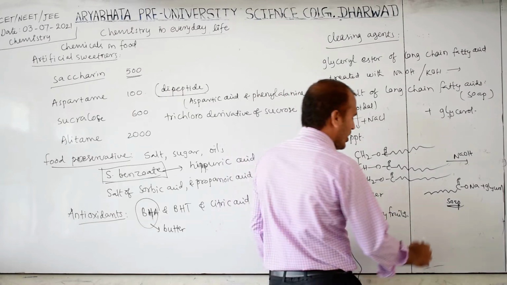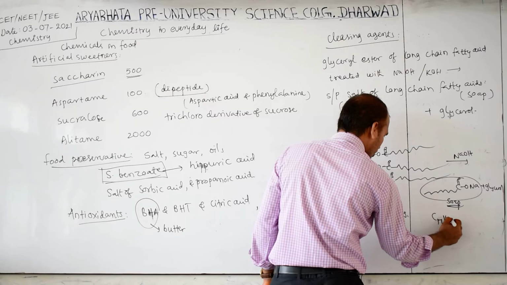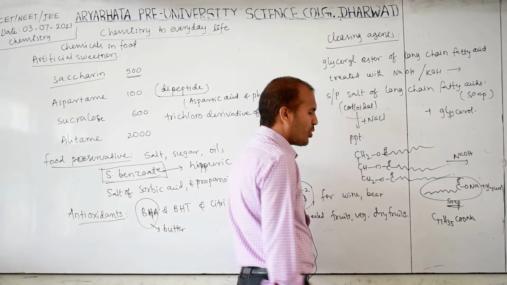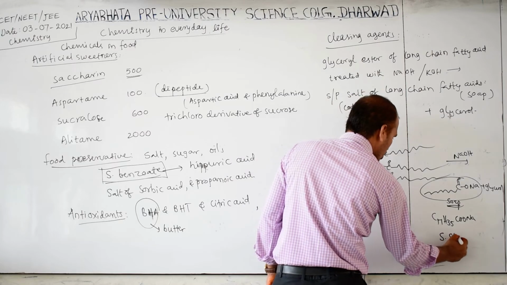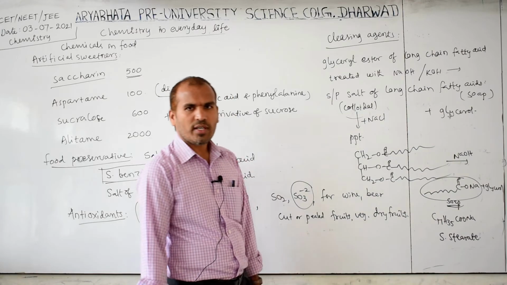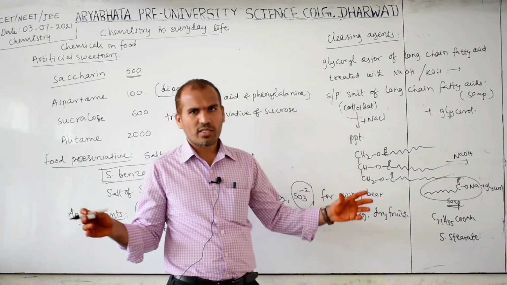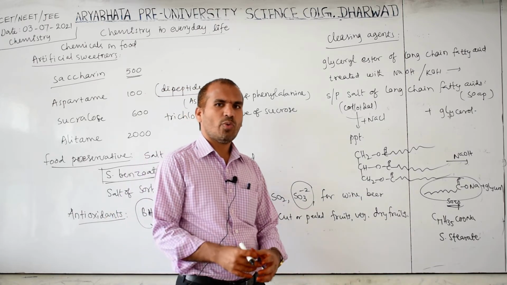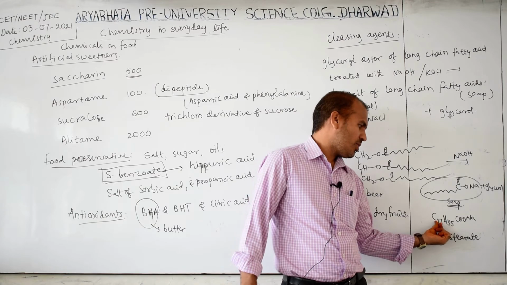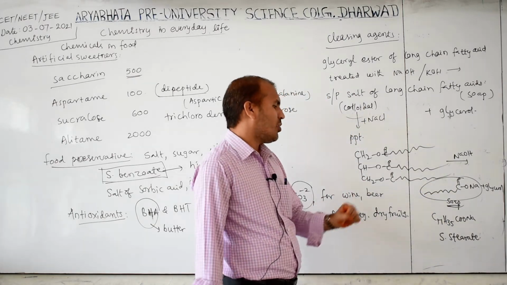This may be stearic acid. If this formula is C17H35COO Na, this is called soap. Sodium stearate. What do you call this? It is sodium stearate. This is one of the examples, because stearic acid is one of the long carbon chain acids. Palmitic acid is one of the long carbon chain acids. Oleic acid is one of the long carbon chain acids. So how many carbons are there here? 17 plus 1, 18 carbons are there in this carboxylic acid. So we know what soap is.